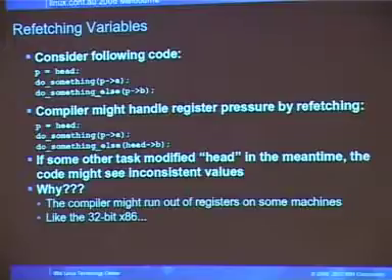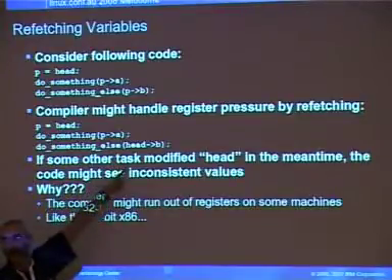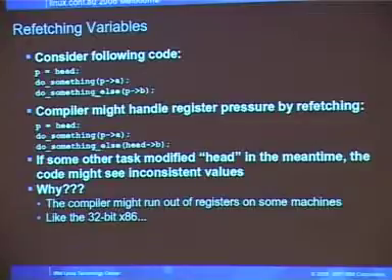The compiler, if you look at the standard, is totally within its rights to compile that code as if it was this. The only difference is that we refetch from head here. All right? And that can be a rather nasty surprise if there happens to be some other task that's modifying head concurrently with that. Why would they do it to us? Well, x86 in 32-bit mode is one good reason. It doesn't have many registers. And you might be able to do that one without flushing registers. If you do the one on top, you might have to dump your registers and reload them.